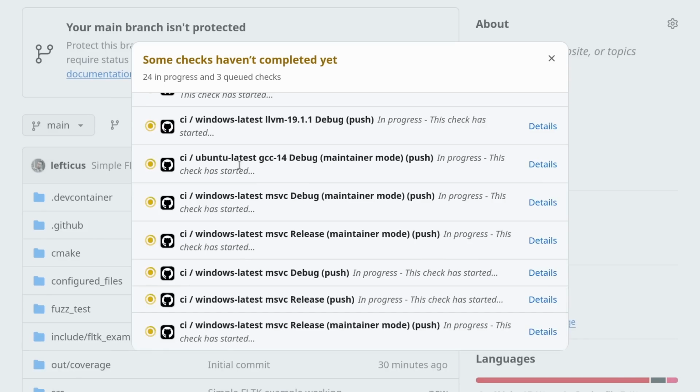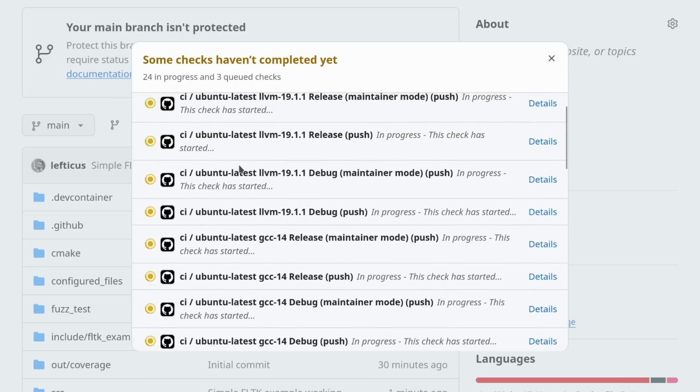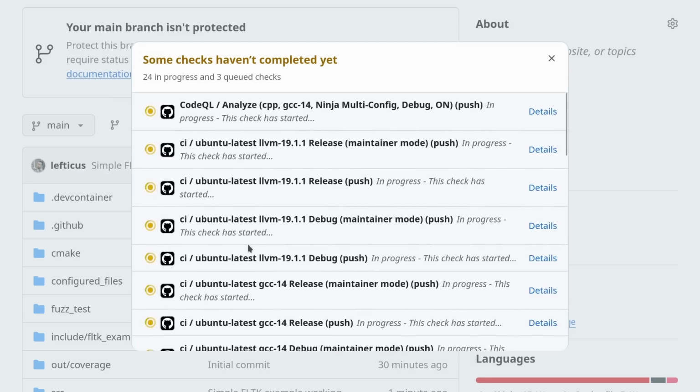I have a lot of different configurations in here, and it might be in your best interest if you use this template project to go ahead and try to prune some of these, because it's a lot. It's probably more than you need, but we are testing LLVM, or Clang, and GCC on Linux, Windows, Mac OS,